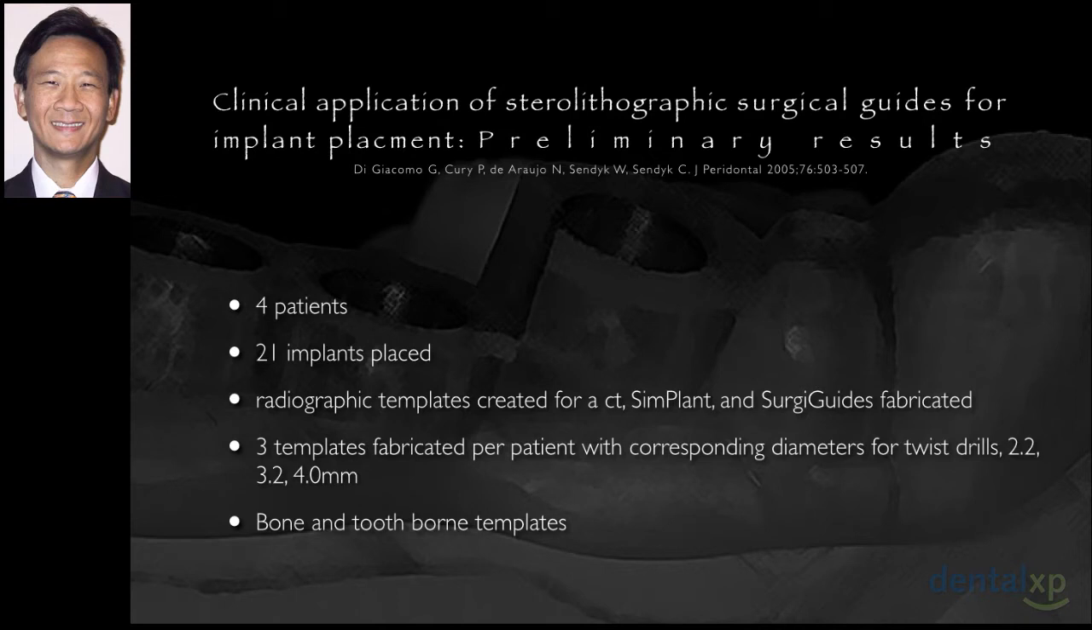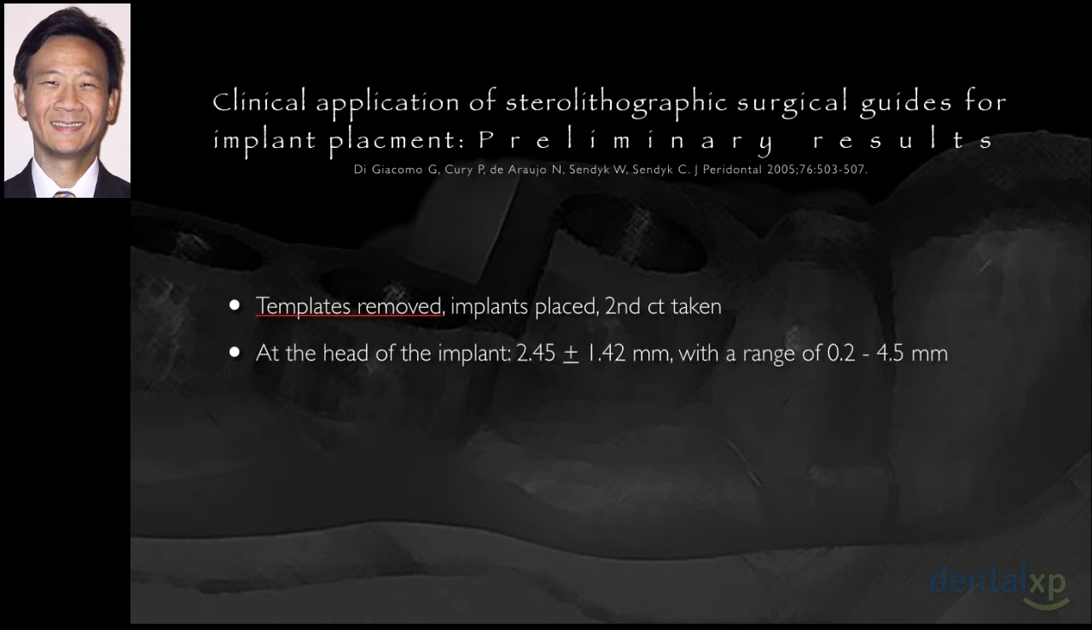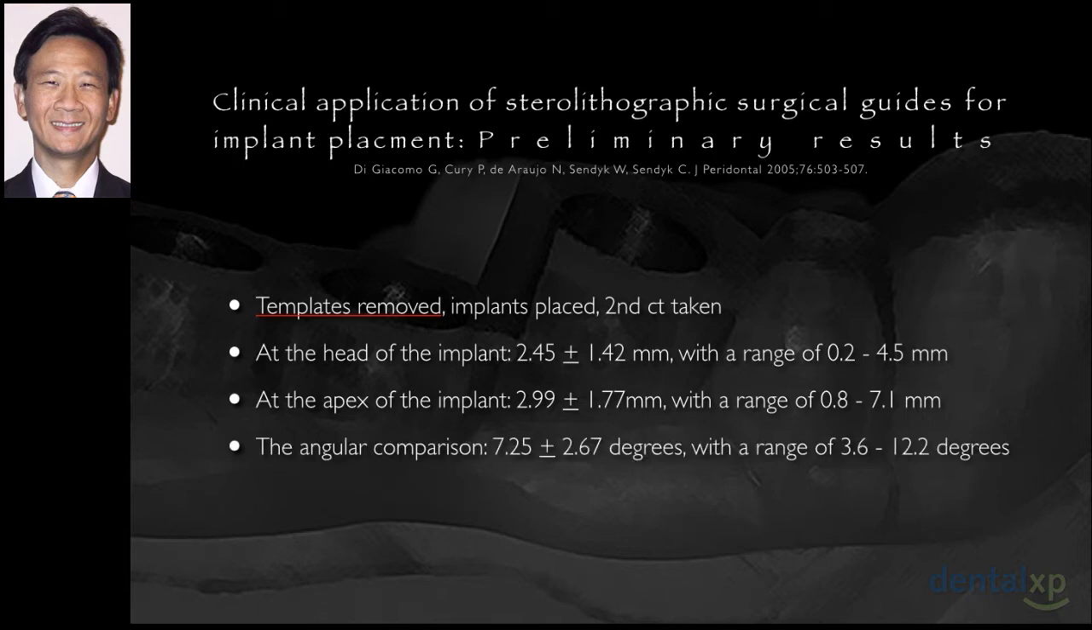After the osteotomy was created, the surgical templates were removed, the implants were placed, and a second CAT scan or cone beam CT was taken. What did they find? Well, at the head of the implant, 2.45 millimeters, but a range of 0.2 to 4.5 millimeters. At the apex, an average of 2.9 millimeters, but a range of 0.8 to 7 millimeters. The question is, do you think you're placing that implant where you had planned it? The angular deviation, 7.25, with a range of 3.6 to 12 degrees off. Well,